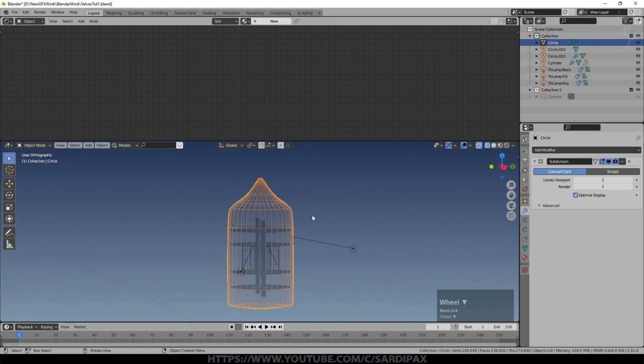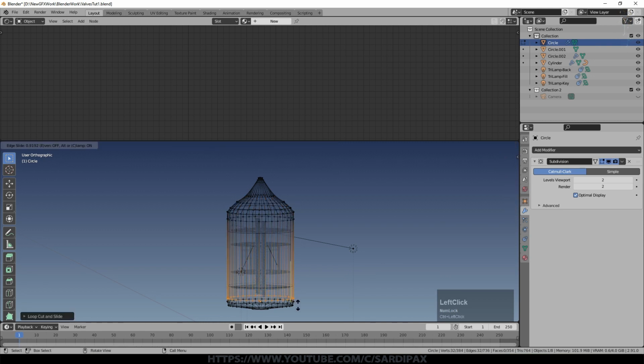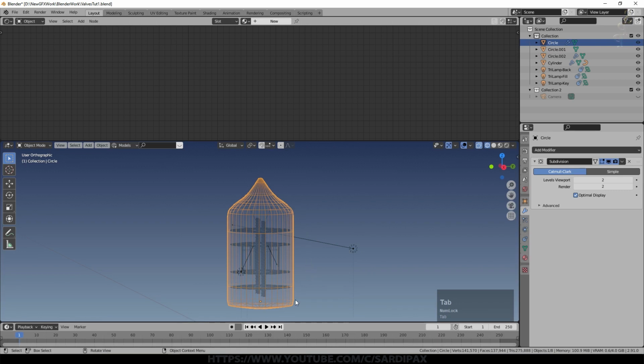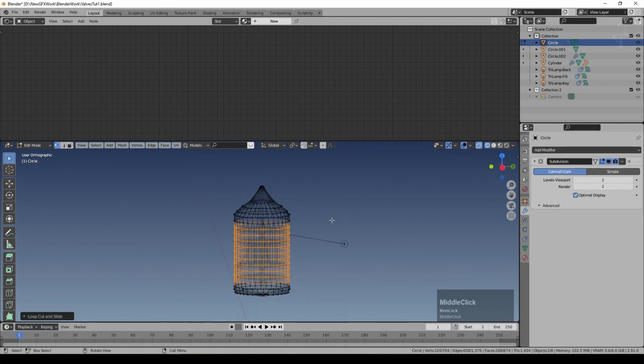We're just trying to get the shape that we want. Now I will add some more loops, really because I want these edges to be quite straight. I think that's what they should be like, rather than slightly bowed in the middle. And I'm going to add a few more anyway, because we're going to do something with the decal later, and we need geometry for that.